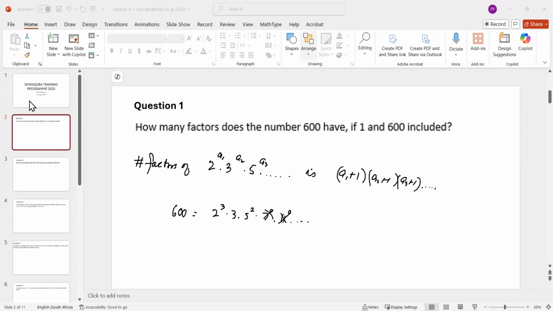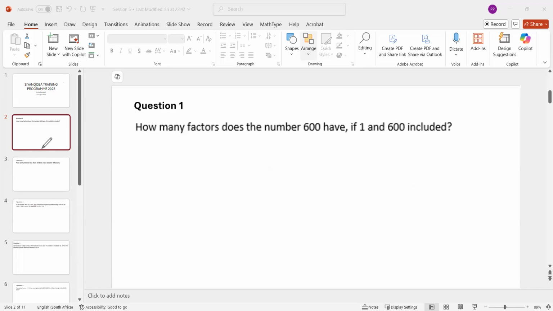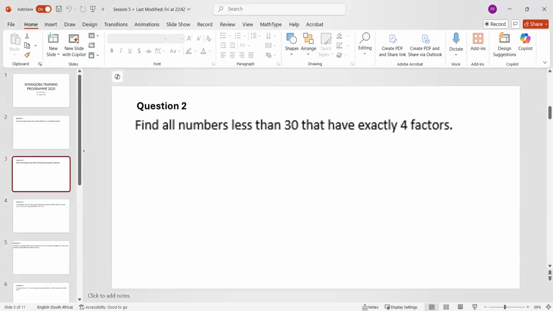The next problem says, so we're continuing the same line: find all numbers less than 30 that have exactly 4 factors. All right. So now you know the number of factors. So you know that the number of factors is, as we saw, so if you take a number less than 30,